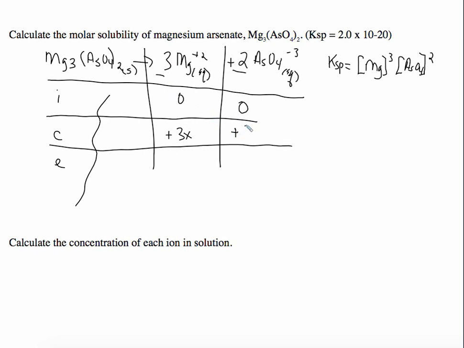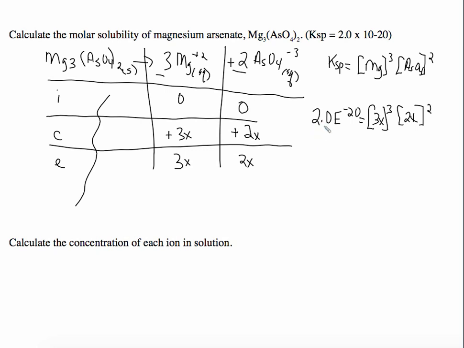Change, equilibrium. Okay, so this one's going to go up by 3x because there's a 3 there. This one's going to go up by 2x. So at equilibrium, we're going to have 3x and 2x. Now we just plug them into our expression with the Ksp. So the Ksp, 2.0 e to the minus 20, is going to equal 3x cubed times